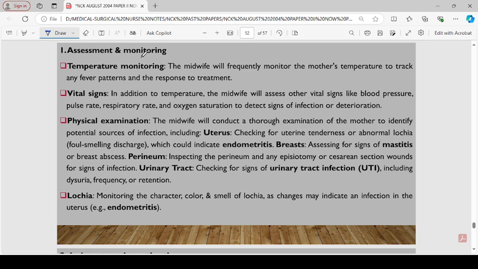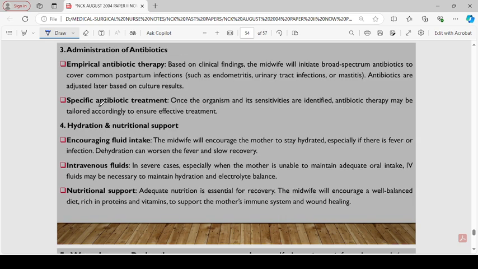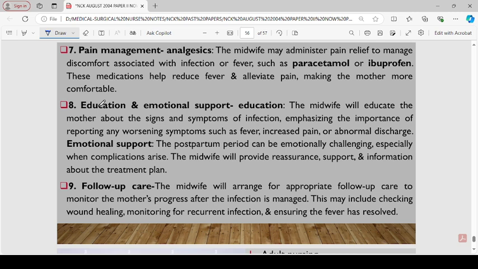Do assessment and monitoring. You're assessing the temperature, the vital signs, the physical examination, and the lochia. You're also looking at the laboratory investigation. Those are lab tests, blood cultures, urine cultures, vaginal and lochial swabs, and wound swab. You're looking also at the administration of the antibiotics, both the empirical and the specific antibiotic treatment, also hydration and nutritional support. We have wound care, management of specific infections, pain management with analgesics, education and emotional support,